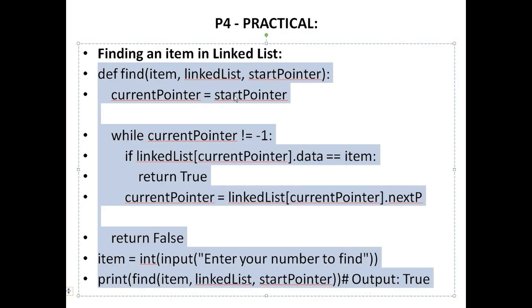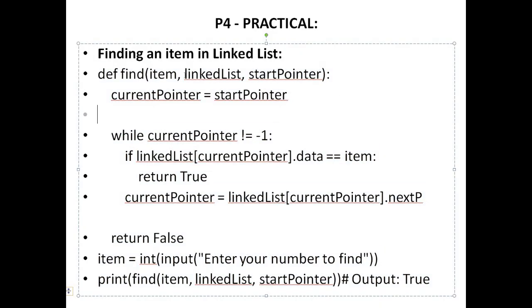How do I find an item in a linked list? I'll make a function by the name of find, or search, whatever you want, your choice, or just follow whatever the examiner has given in the question. Well, thankfully there was just one question about linked list in 2021. Other than that, the examiner has not really given linked list ever again. So now you'll need to provide it with 3 parameters. One will be the item that you want the function to search, or you can just input it inside the function as well, your choice. A linked list, obviously you'll need to provide that, and a start pointer.